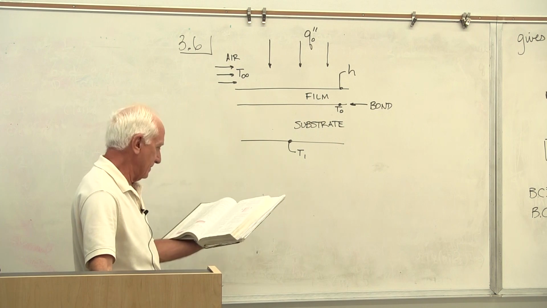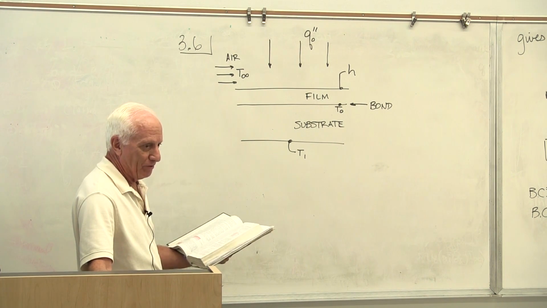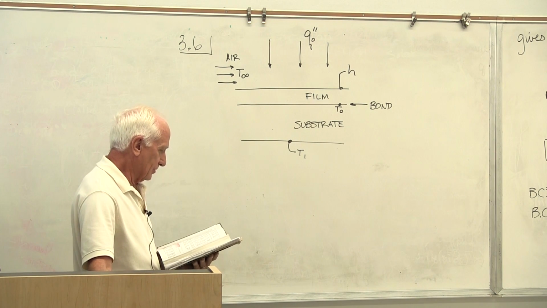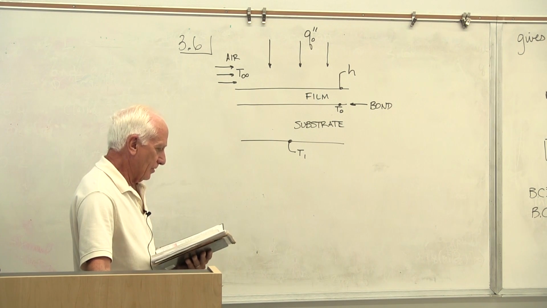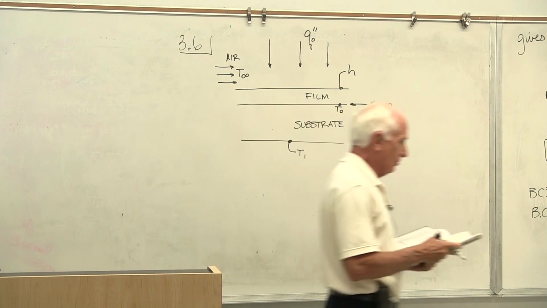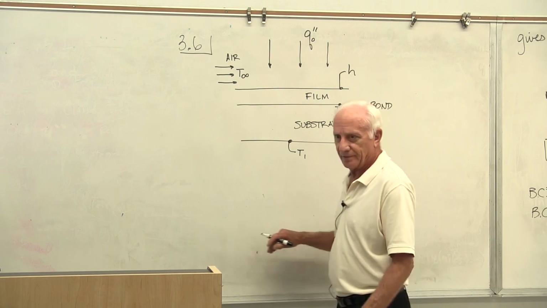There's 4 parts A, B, C, D. Part C and D have red boxes around them. We wouldn't do those for homework, the red box sub-problem. So we'll start with part A. The author says, show the thermal circuit representing the steady state heat transfer. We can put it right here.